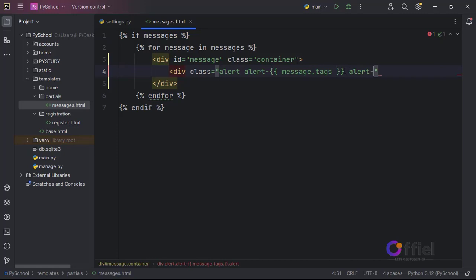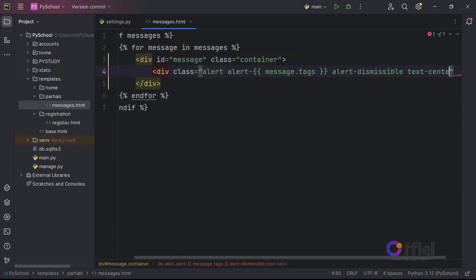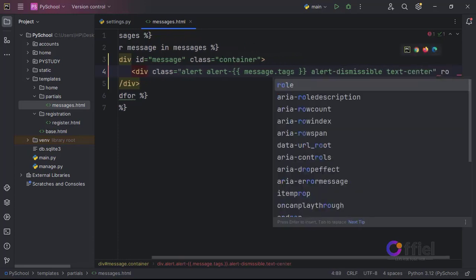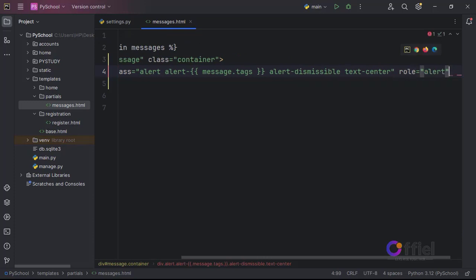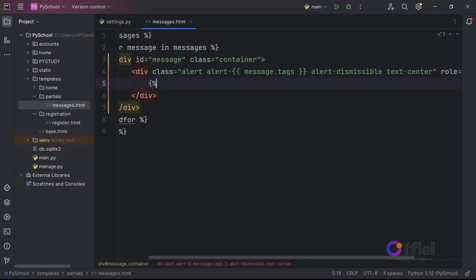Then alert dismissible. Then text is center and role equals alert. Inside this div, let's use templating tags and get message level. So if message dot level is equal to, and remember we set our default message level inside settings file to error. So default message level dot error,